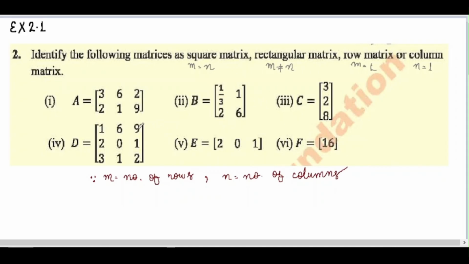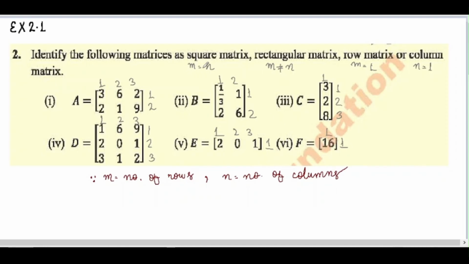So we are going to write here how many columns there are. 1, 2, 3 columns, and rows are 1, 2. Here there are 1 and 2 columns and 1 and 2 rows. Here there is one column and 1, 2, and 3 rows. Now here 1, 2, and 3 rows. Then 1, 2, and 3 columns. Here again we can see that there are 3 columns and 1 row, and here 1 column and 1 row.